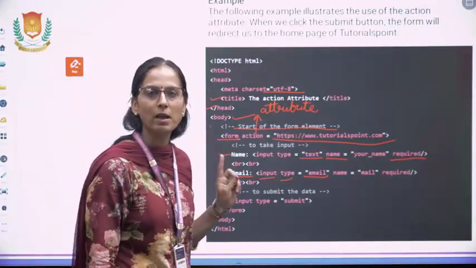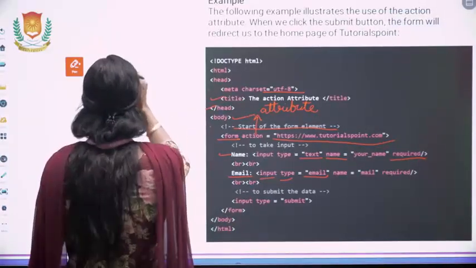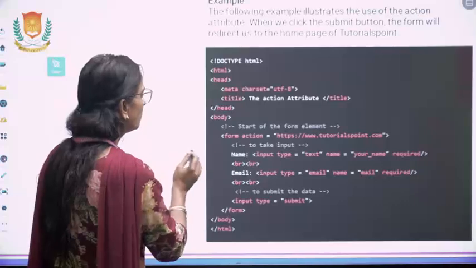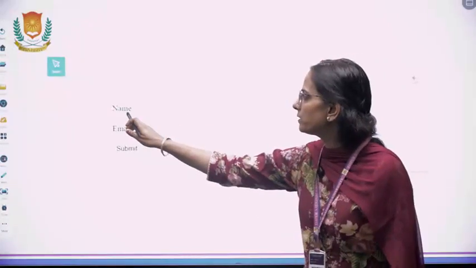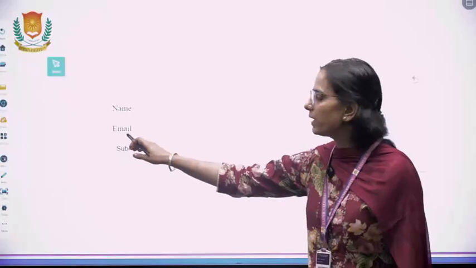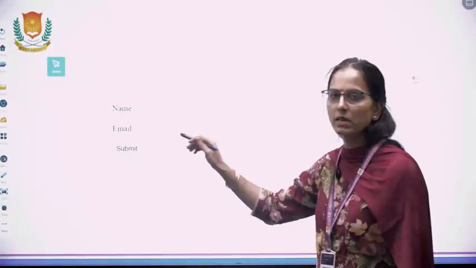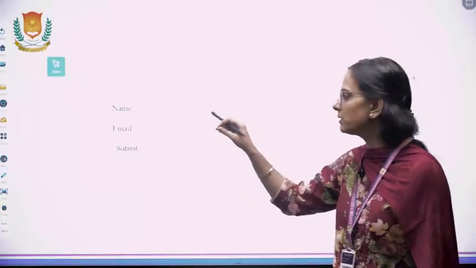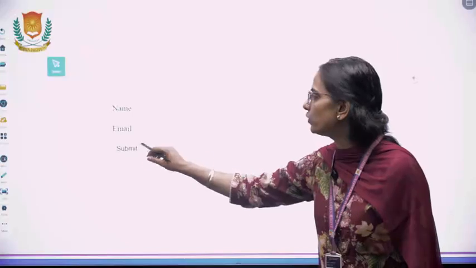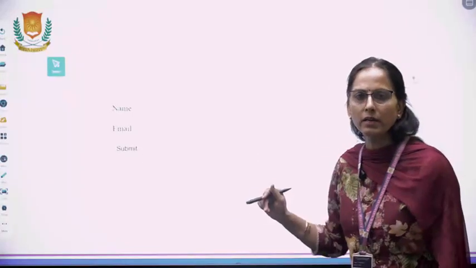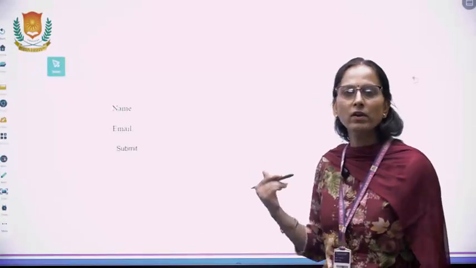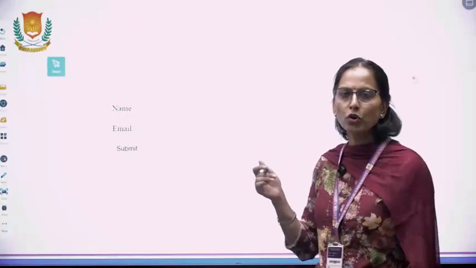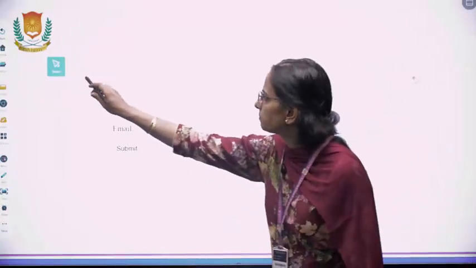First sample example of the form. Now you will see how it will be shown in your browser window. What will be the output of this? See, now this is our first form which we have created, with name as the title, email as the heading given there, captions are there. These are the boxes where you will write down the name of the particular person, his or her email, and then you will submit it. When you submit it, it will be redirected to the website which we have given with the action attribute. So you have to keep all these things in mind.